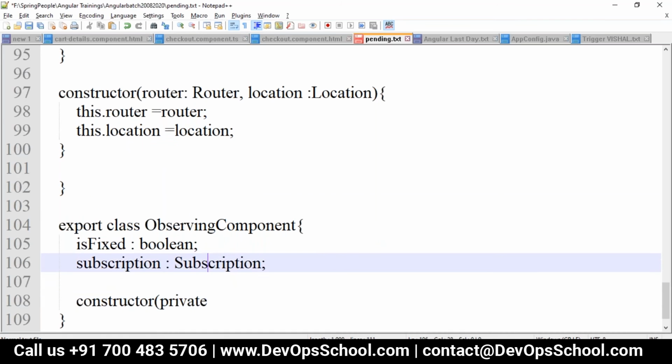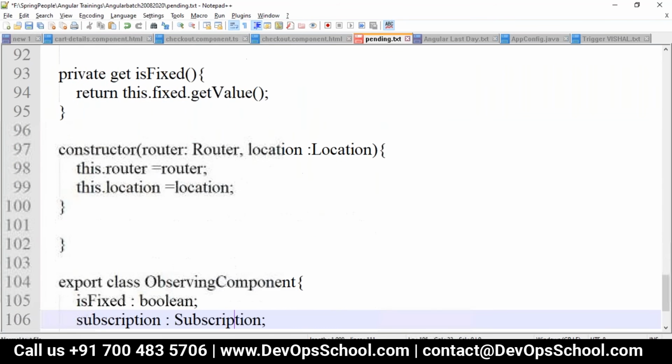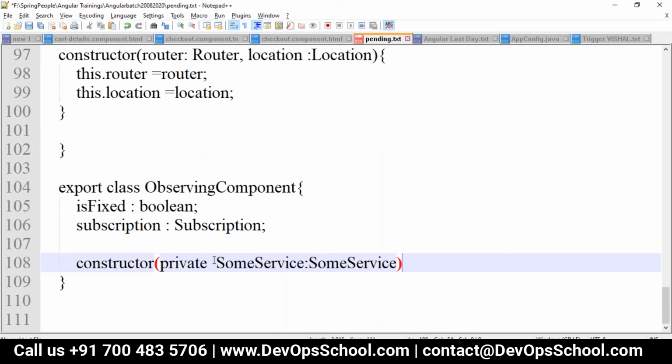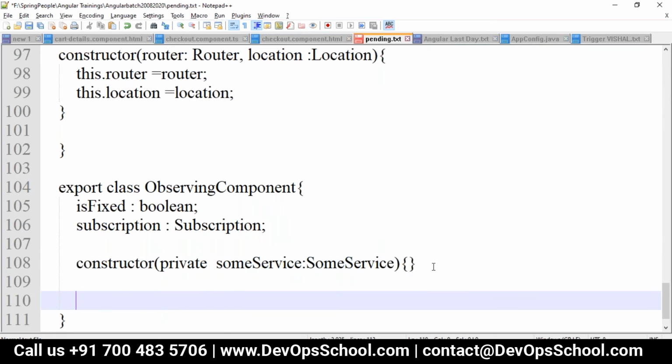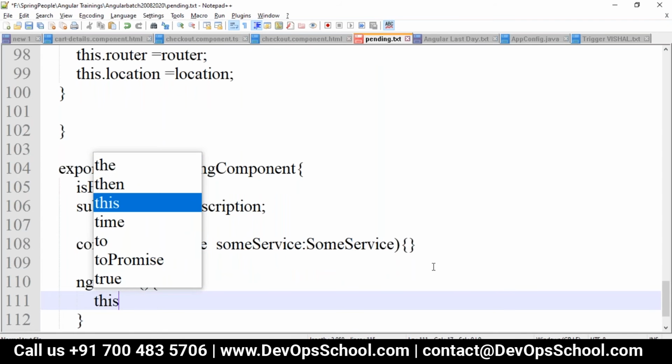So what is the name of the service I have written here? I just took it as some service. The same service we are injecting into the component. Like on the page load, we will use ngOnInit.